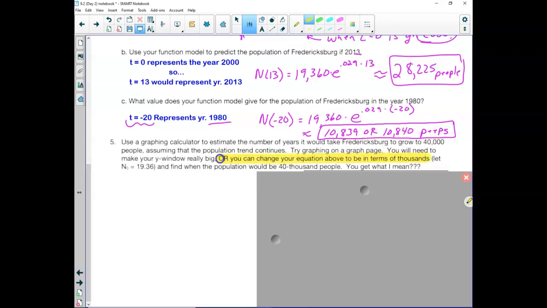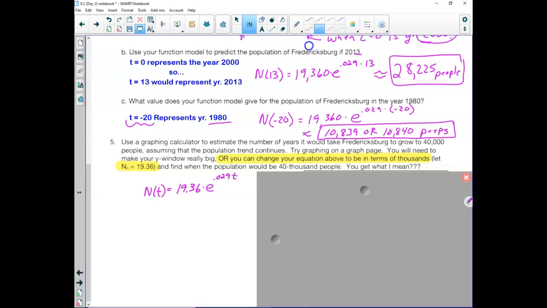So now my initial amount is going to be 19.36, because if it's in thousands, I would just multiply by 1,000. If I redefine my function, my N of t is going to equal 19.36 times e to the